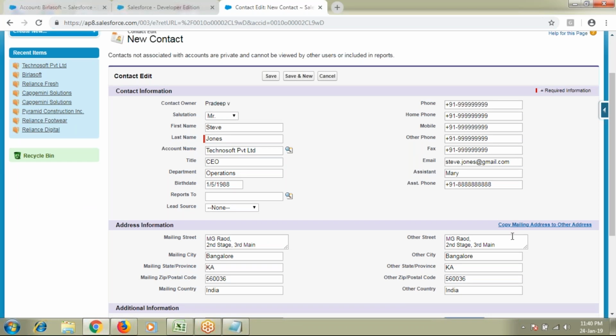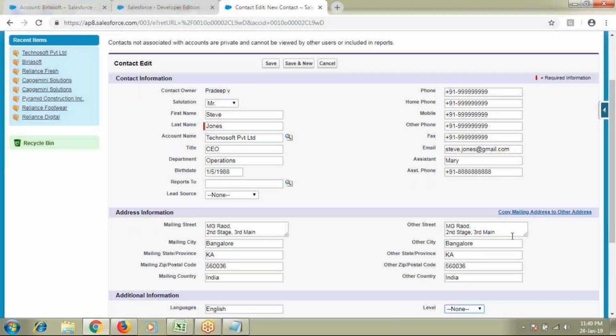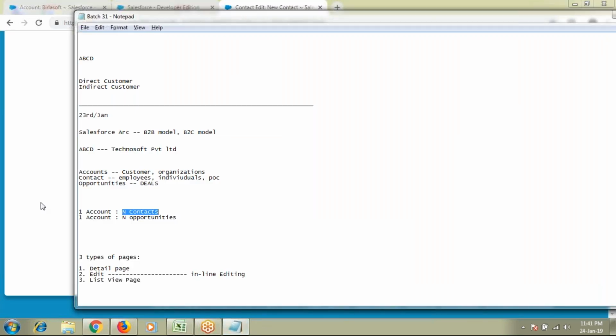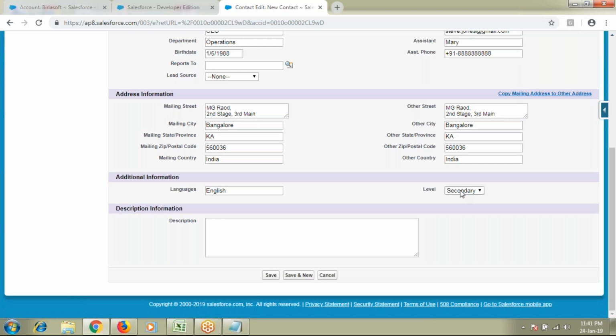One particular contact will always be a primary contact. Definitely there should be one primary contact. The rest of all other contacts should be the secondary contacts. Okay, so why do we have the primary and secondary concept here? Whenever you want to communicate with this contact, you always have to see for the primary contact. Always communicate with the primary contact first.